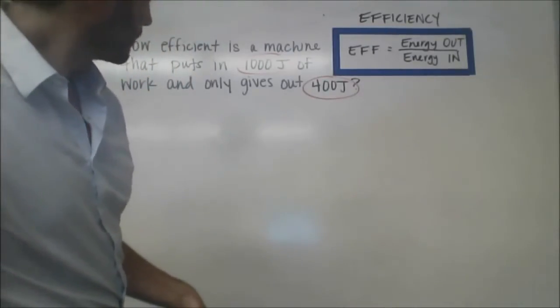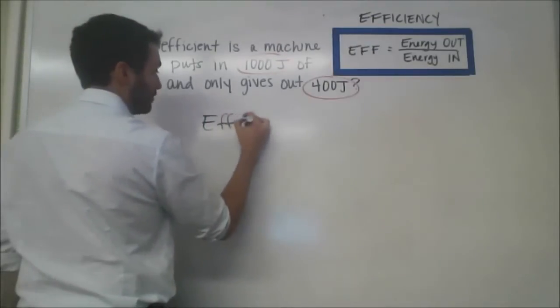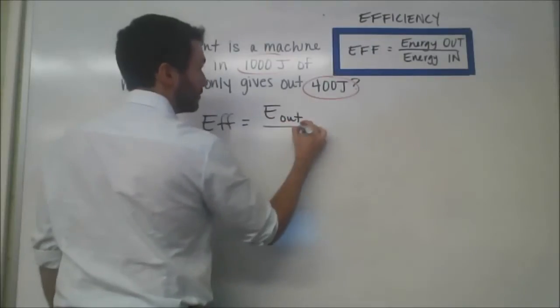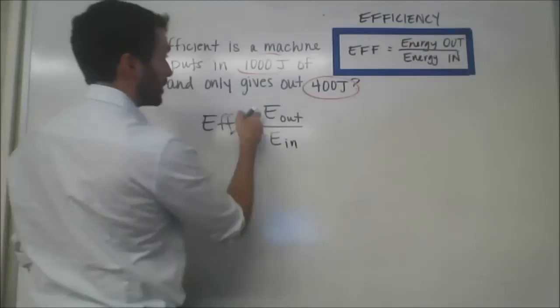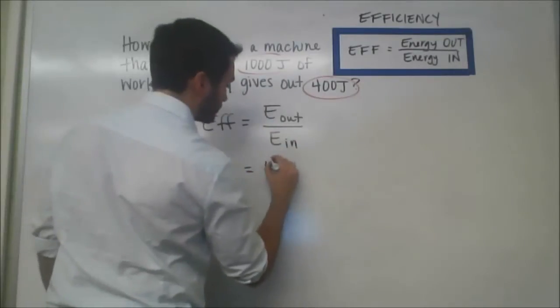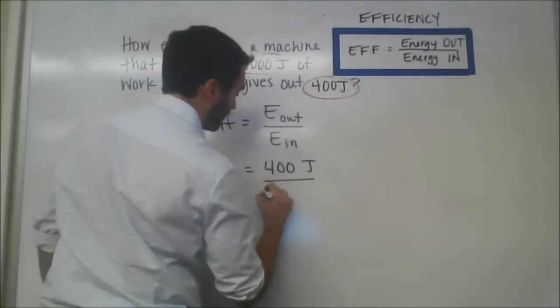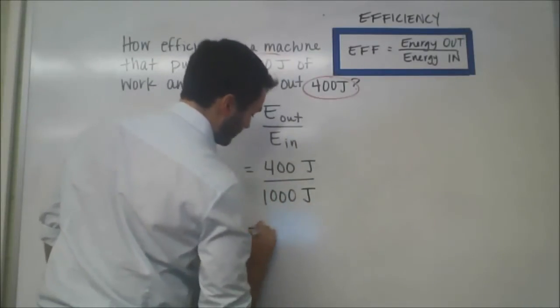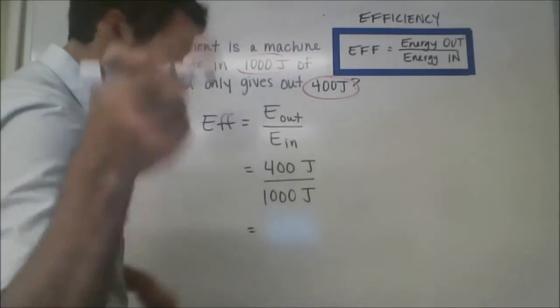So if efficiency is equal to the energy output divided by the energy input, we know it has an output of 400 joules and an input of 1,000 joules. Okay. 400 divided by 1,000 is what? That's right,